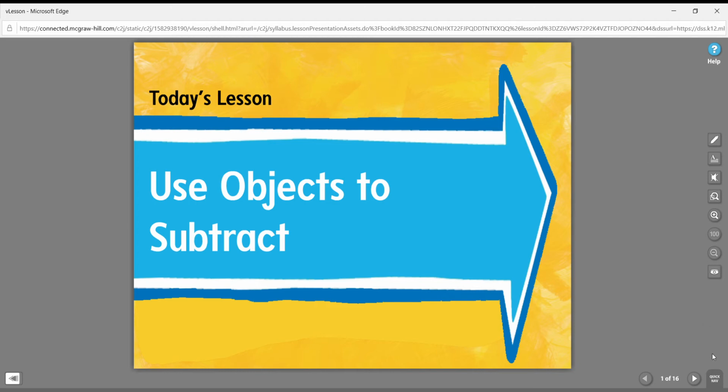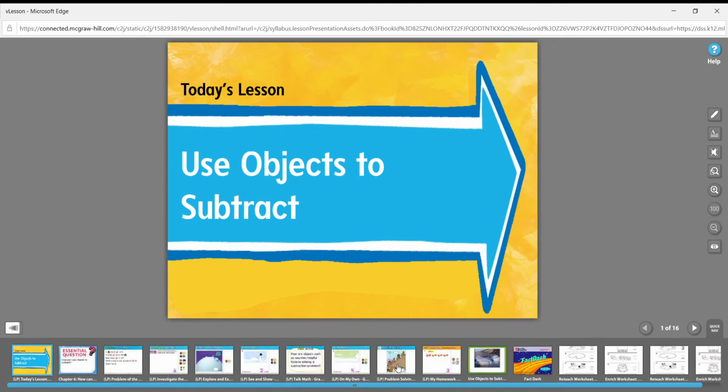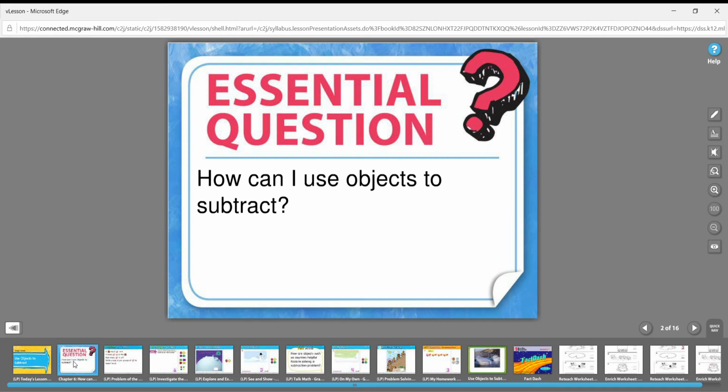So for this lesson, we're going to start with an essential question. Okay? So the essential question says, how can I use objects to subtract? Now, we can tell a story, right? Like our last math lesson, you told subtraction stories. So we can tell a story. So here, I'm going to do a story to use objects to subtract. So I'll do a story and I'll say,